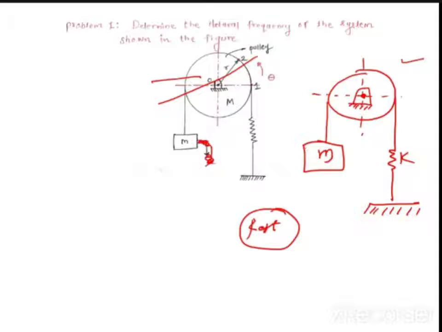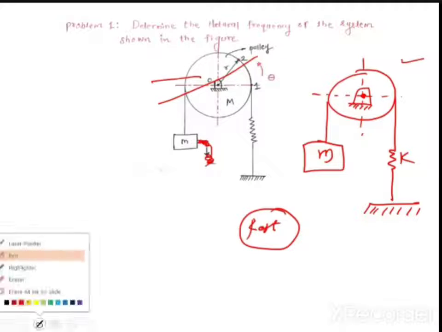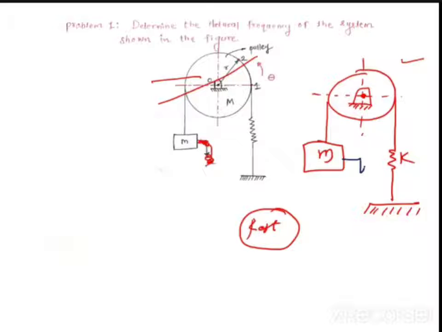You have to give some initial displacement, right? So let us give some initial displacement. Let us say x. Now, x is the initial displacement given to the system. Now, what will happen? The first point you have to look at is that the center is fixed. Now when the center is fixed, what exactly happens is that